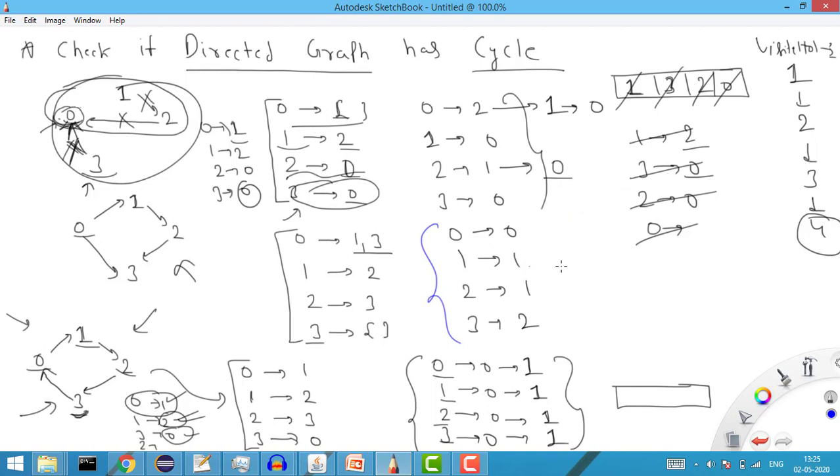Now first of all, I'll iterate the list, the map, and I will check and put all the values into the queue whose values are 0. Here, only index 0 has the value 0. So it means from 0 there is no cycle. Now we'll check further. So now I'm removing this 0.